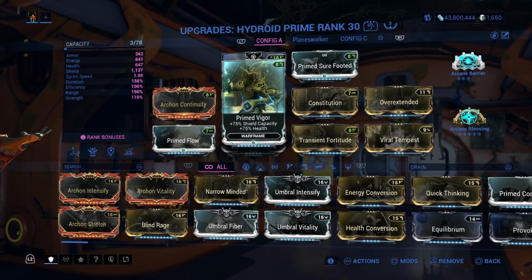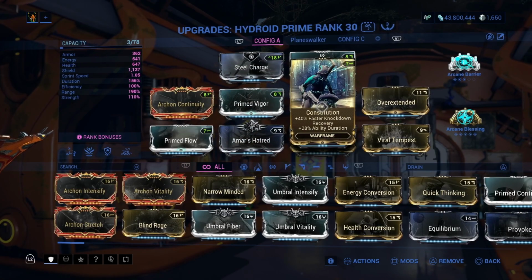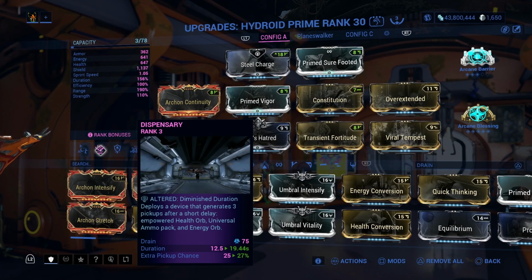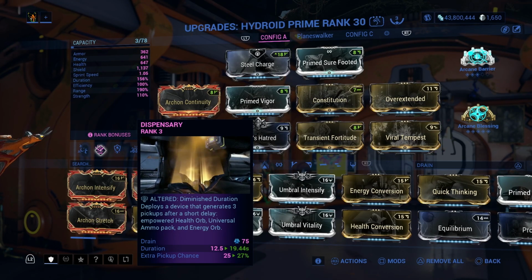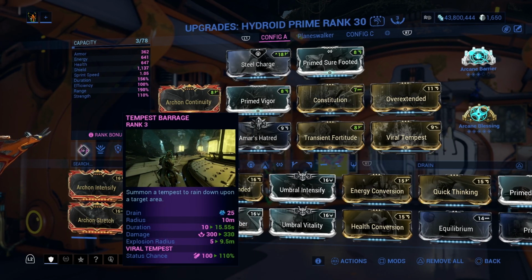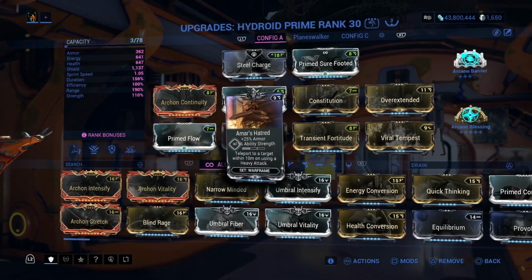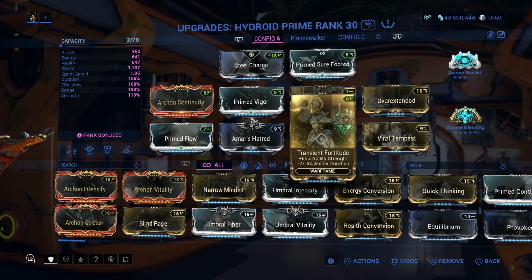And then of course we have Prime Vigor to help him out with shield and health for survivability reasons. Constitution to make the ability last a bit longer. Lasting longer is always good with these abilities, especially with Dispensary and even his 1 per se. Transient Fortitude,